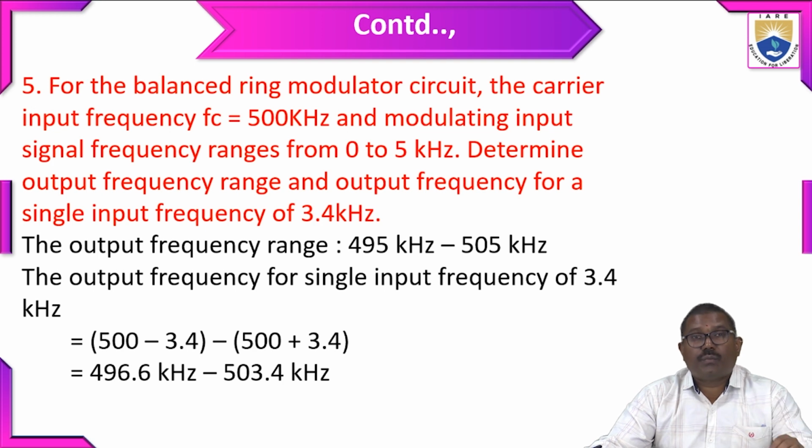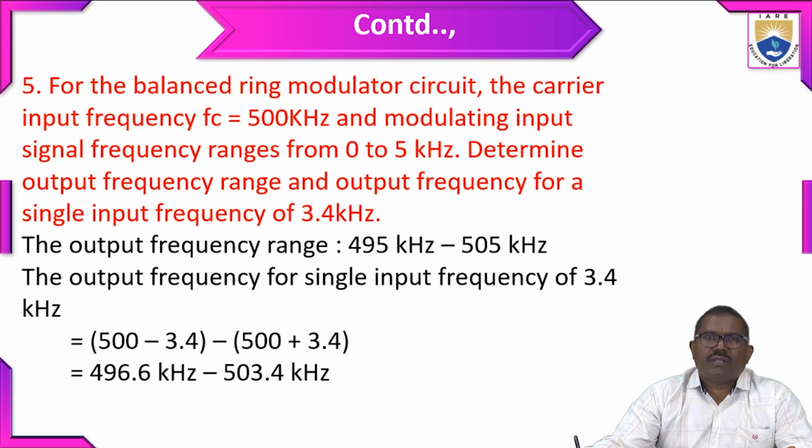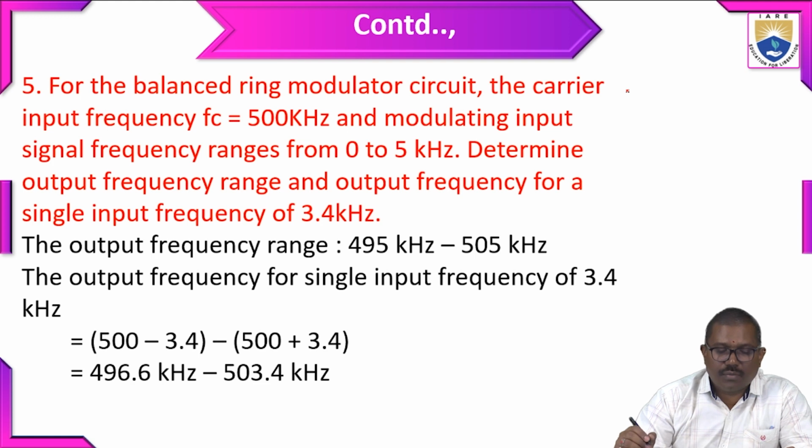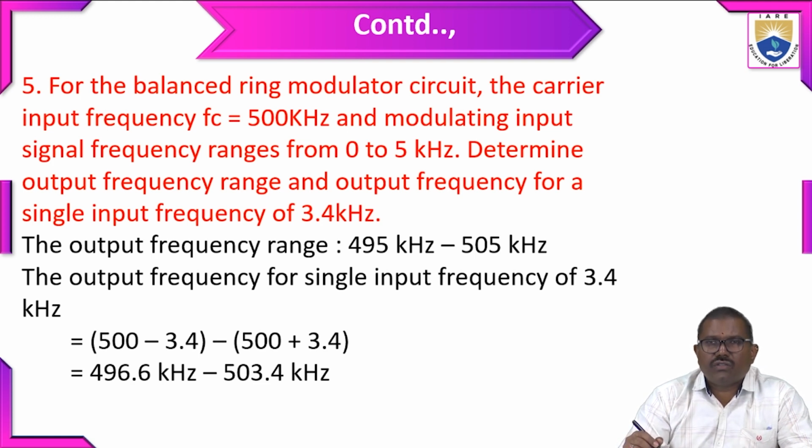Now coming to the fifth problem. For the balanced ring modulator circuit, the carrier input frequency fc is equal to 500 kHz and the modulating input signal frequency ranges from 0 to 5 kHz. Determine the output frequency range and the output frequency for a single input frequency of 3.4 kHz. So we are going to solve this using the given data. What are the given data here? The given carrier frequency fc is 500 kHz. Another one is the modulating signal, fm, whose frequency ranges from 0 to 5